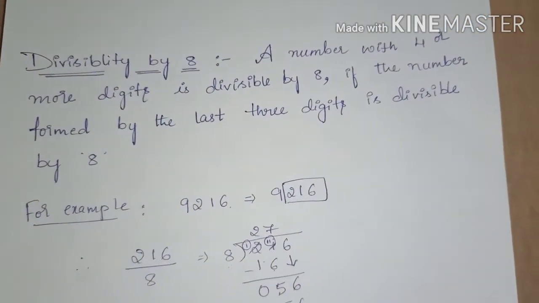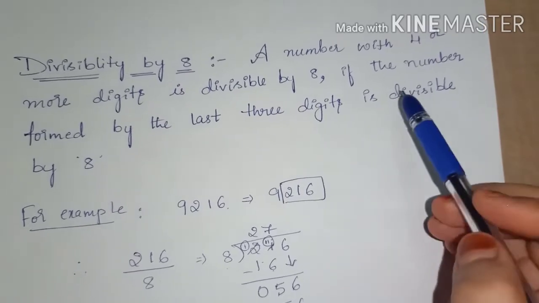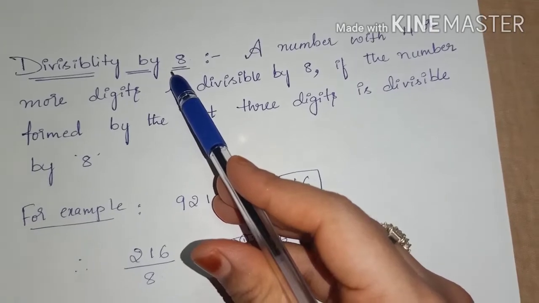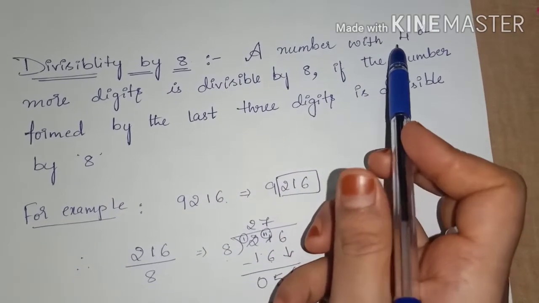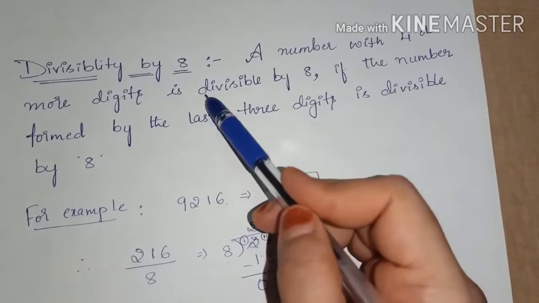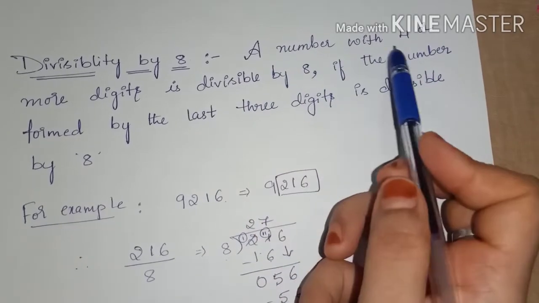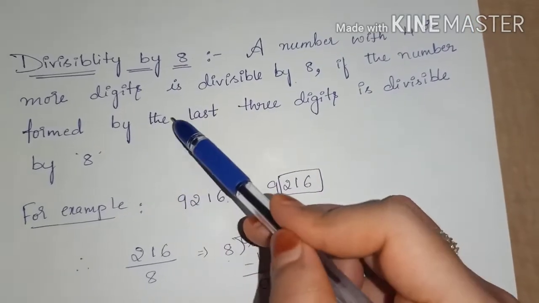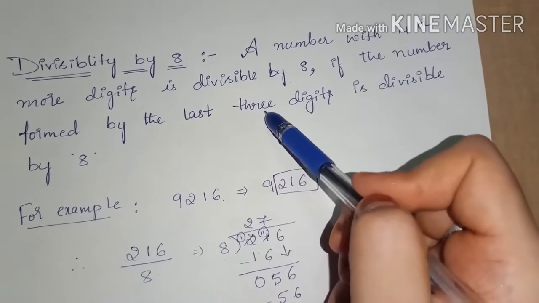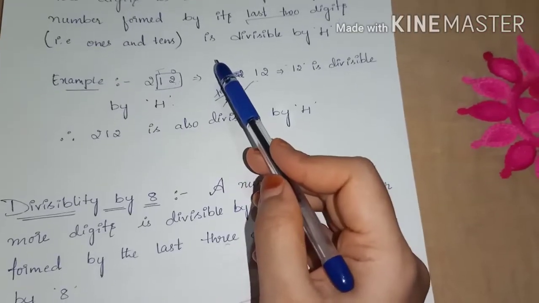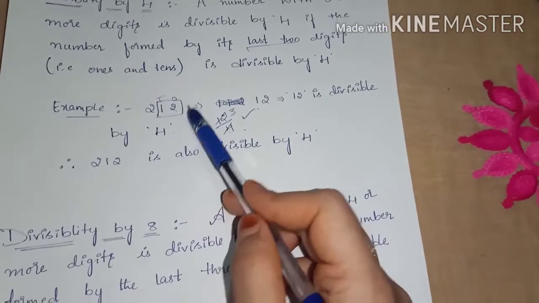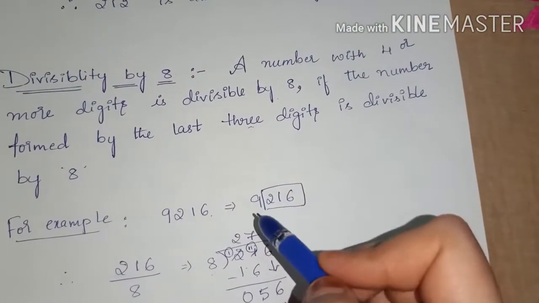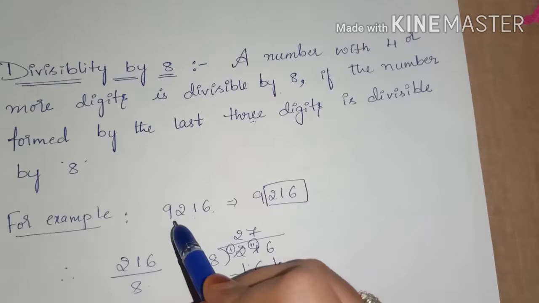Let us move to the next test, that is divisibility by 8. A number with 4 or more digits. Remember, when you are checking divisibility by 8, the number should be minimum made up of 4 digits or more. A number with 4 or more digits is divisible by 8 if the number formed by the last 3 digits. Again, in the divisibility by 4, we are checking last 2 digits. In divisibility by 8, we are checking the number formed by last 3 digits. For example,